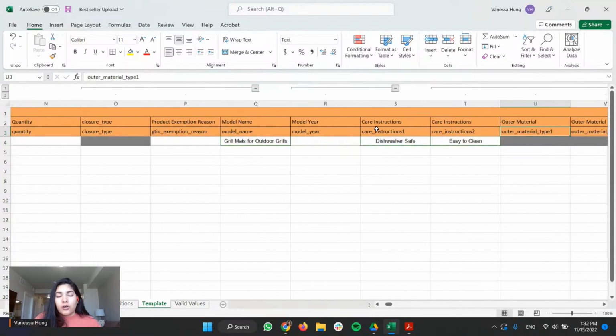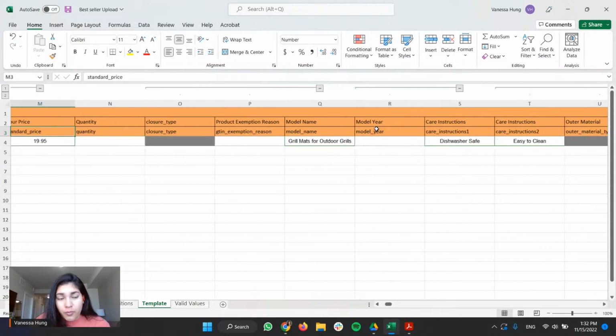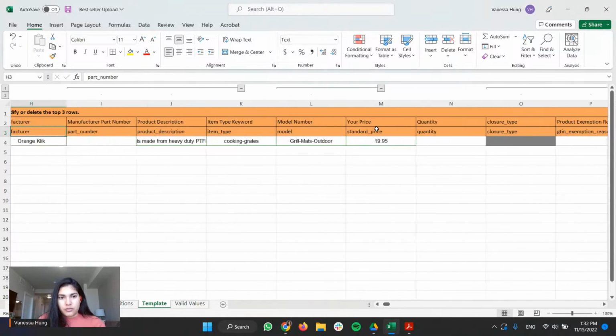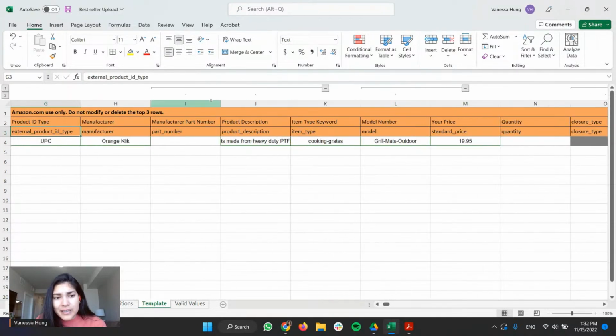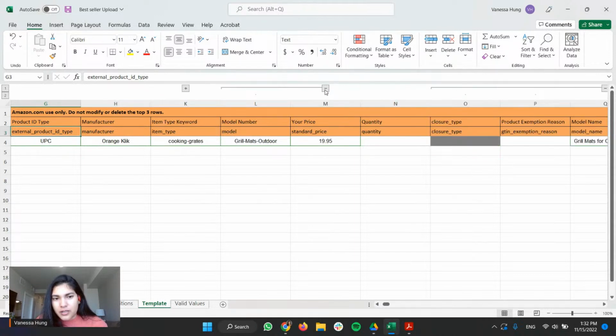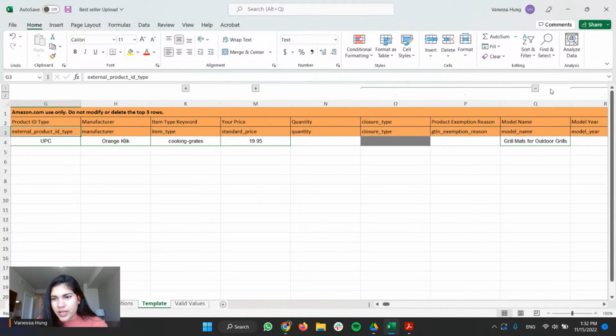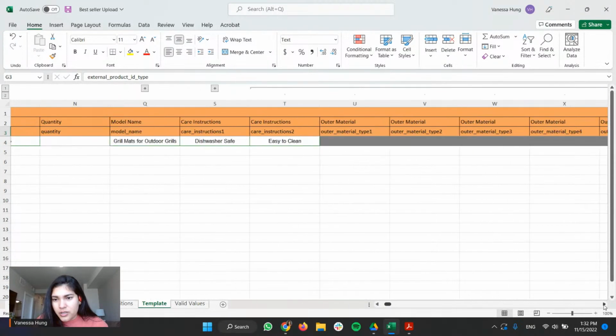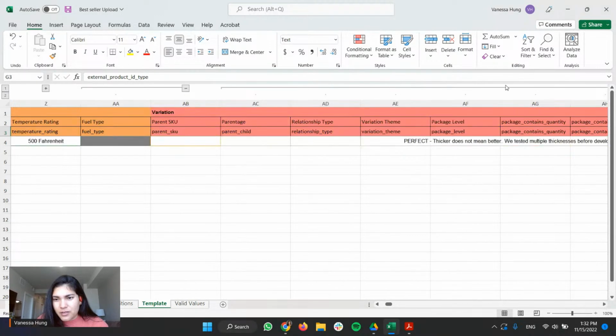If you see here on top, this is the newest feature they added: a bar where you can click and shrink the information, or you can expand it, right? See this?